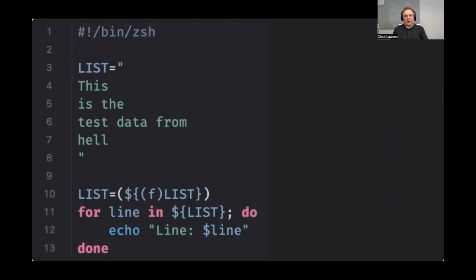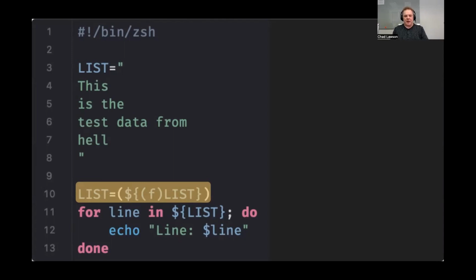Whereas here's a comparable bit of code in Z Shell. You'll notice at the top, I've changed my shebang line, but the main change is line 10. I am recasting my string as an array. The outer parentheses you see are what tell Z Shell to interpret this as an array.